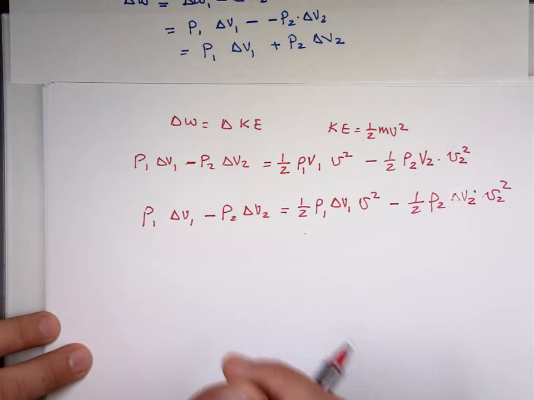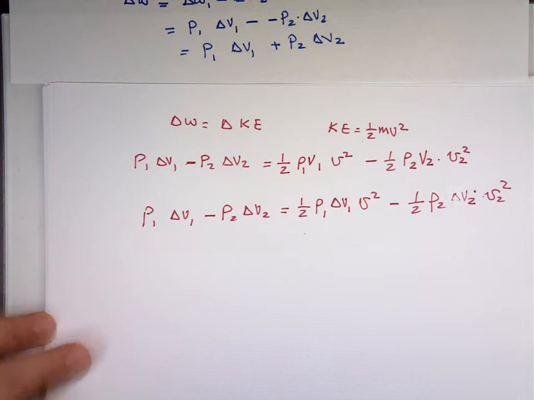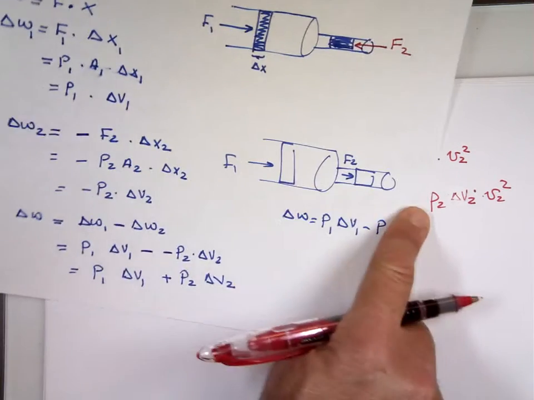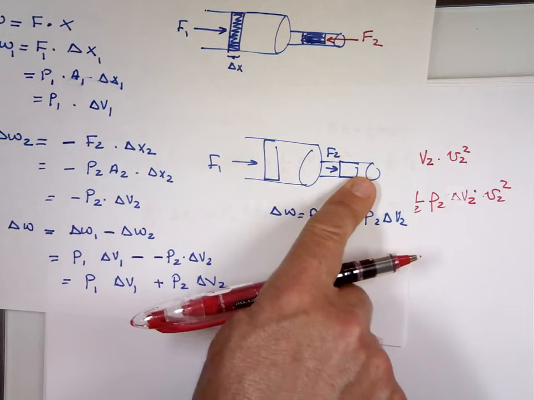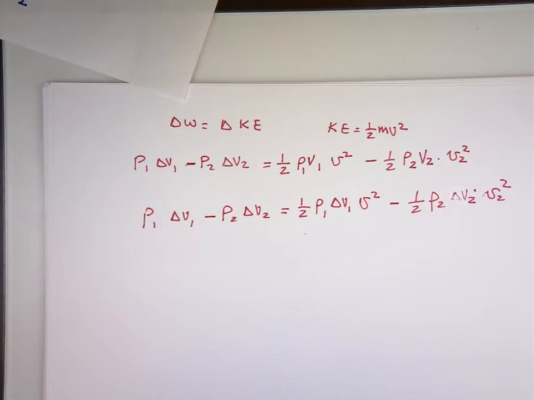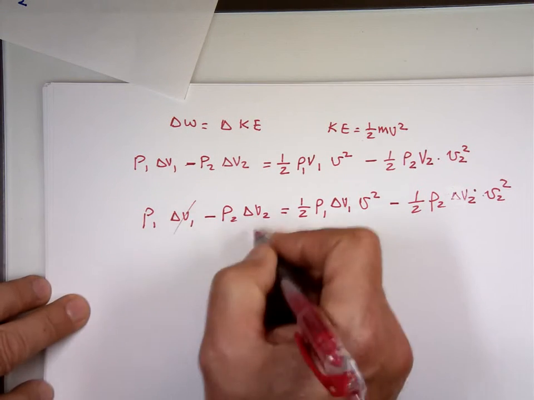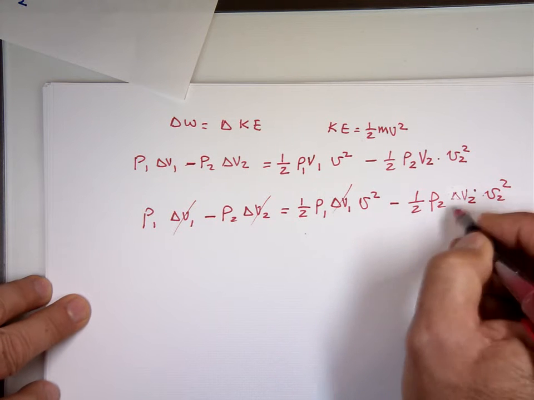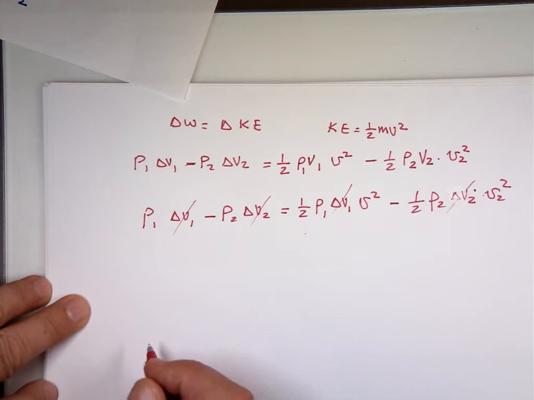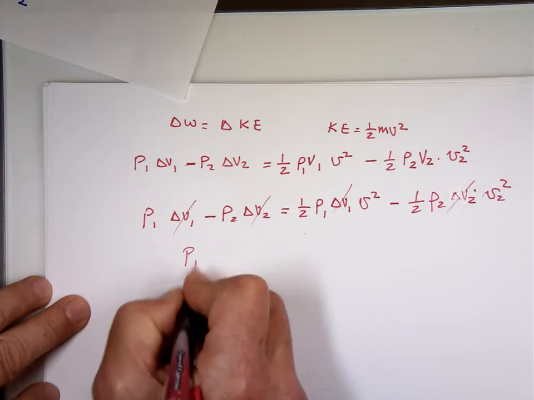Okay. Well, the amount of volume that's going to go in is going to equal the amount of volume that's going to come out. If it's a hose and there's no leak in it, whatever you push in from that end is going to come out of that end. So delta V is going to be the same for all of them. Delta V1 is going to equal delta V2, so I can just drop them out. So I have pressure 1,